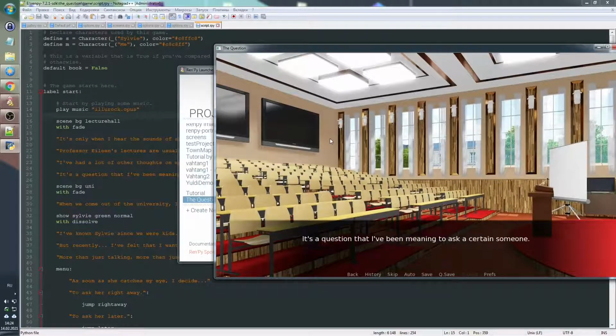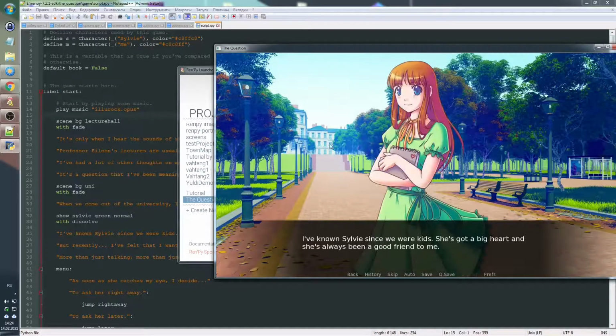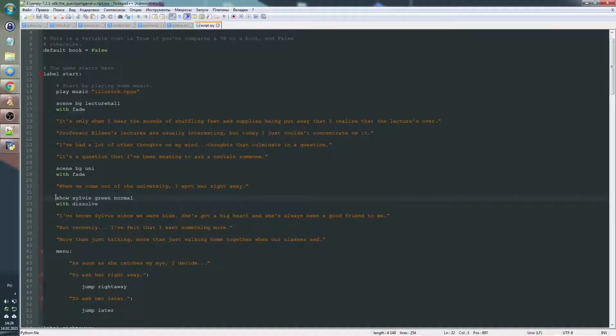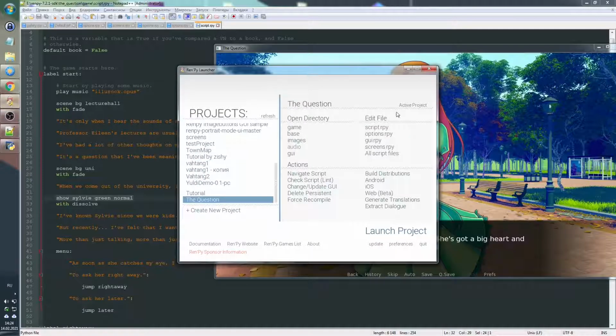In addition to videos on RenPy itself and on programming in RenPy, there will be some other kinds of videos. For example, about graphic editors or audio editors and other software that might be useful to you when creating a visual novel. I'm sure that after this course you will be able to start making your visual novel,